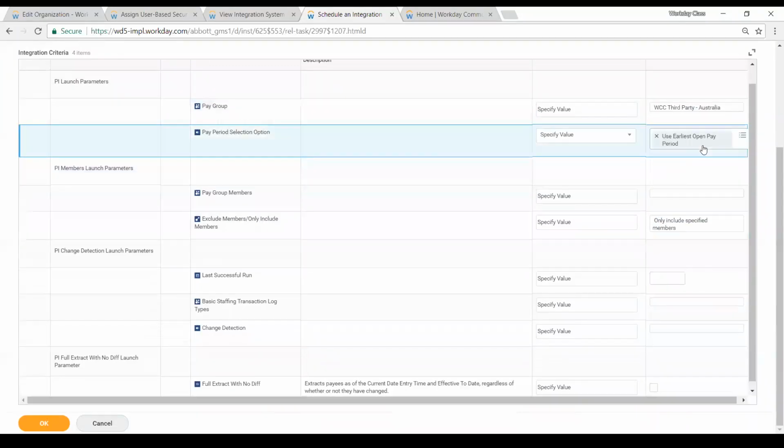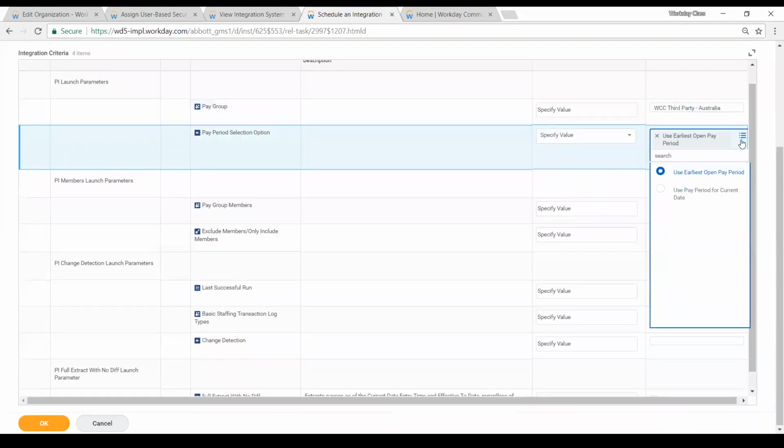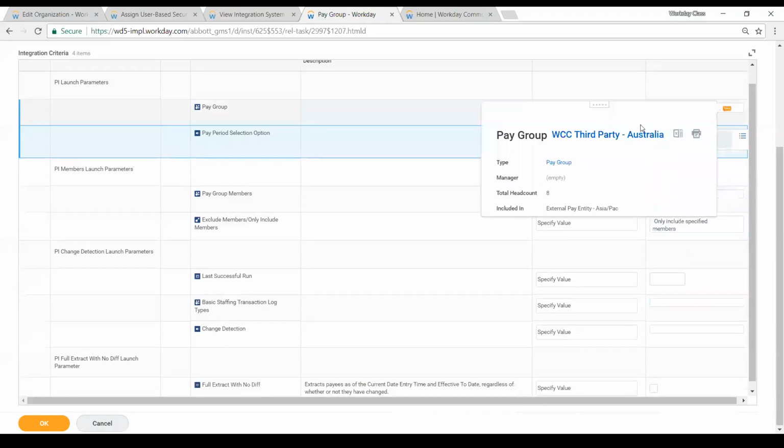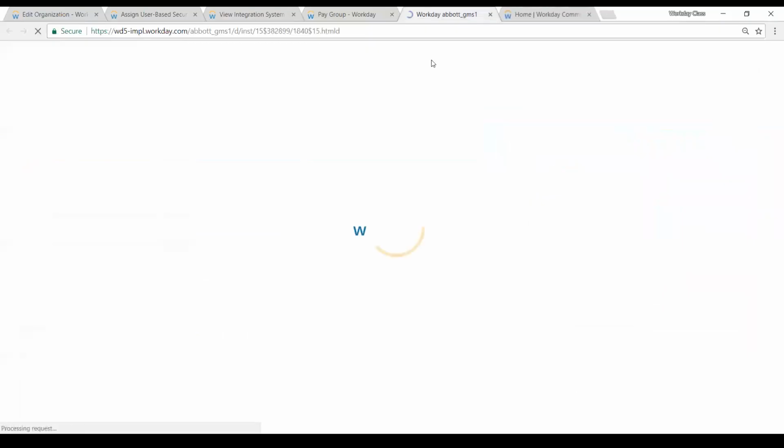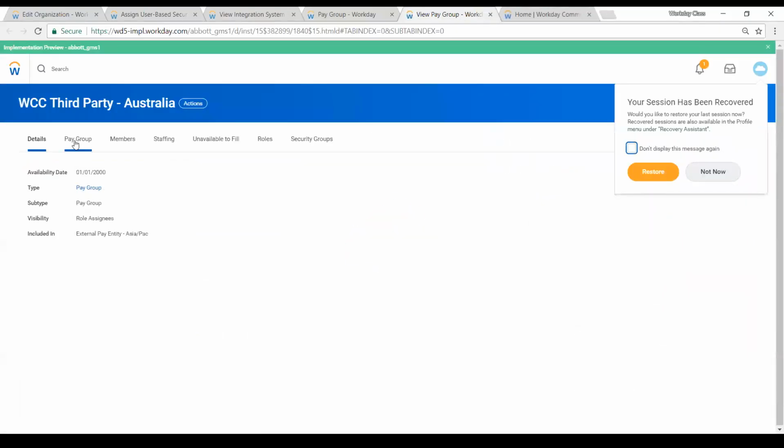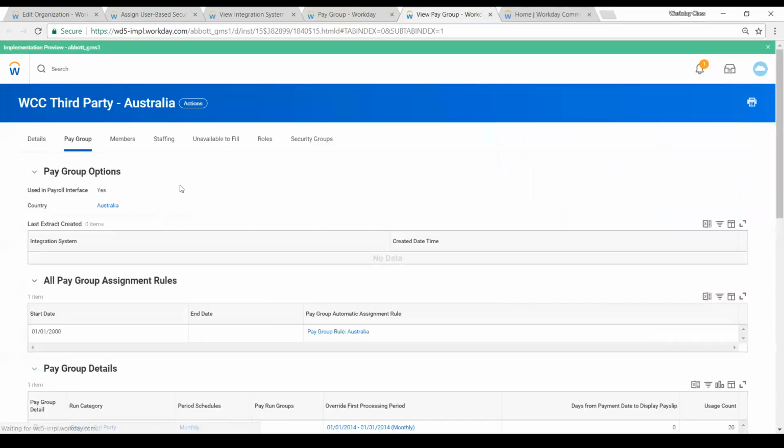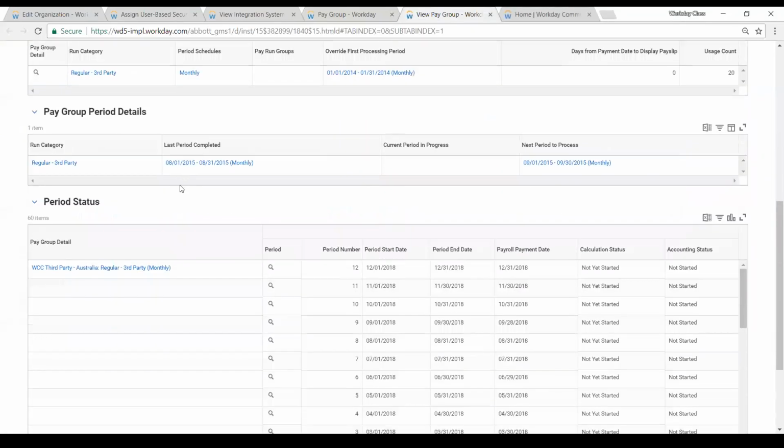Pay period selection option. You have an option to select the earliest open pay period or use pay period for the current date. So use pay period for the current date looks for the current date and what is the pay period for the current date. So let's go to our pay group. Let's see what the pay period is. This is our pay group, Australia. If I scroll down,